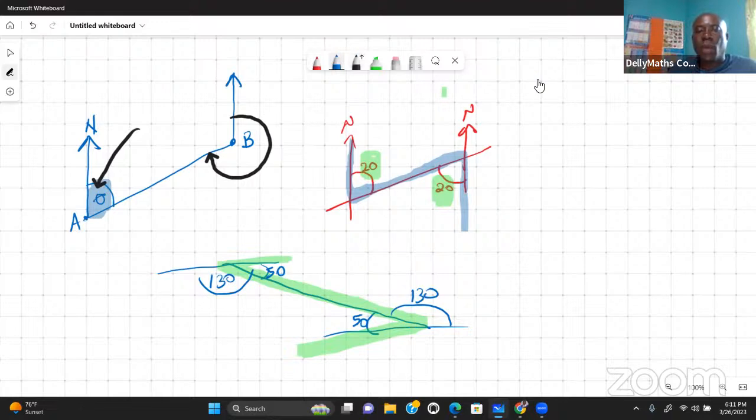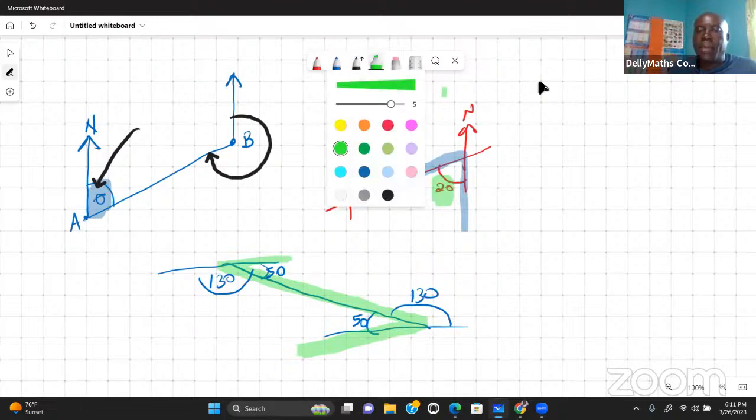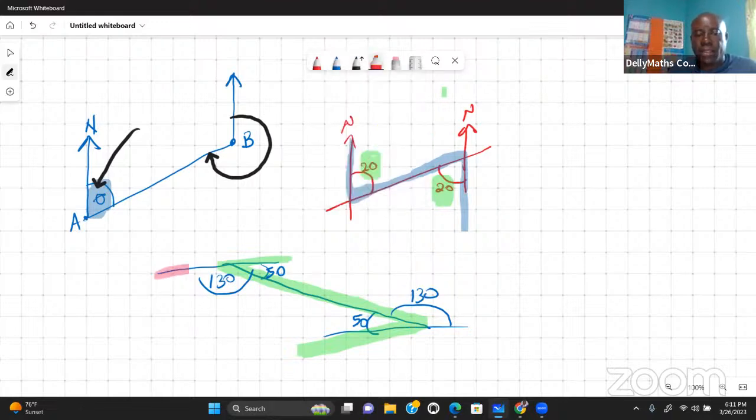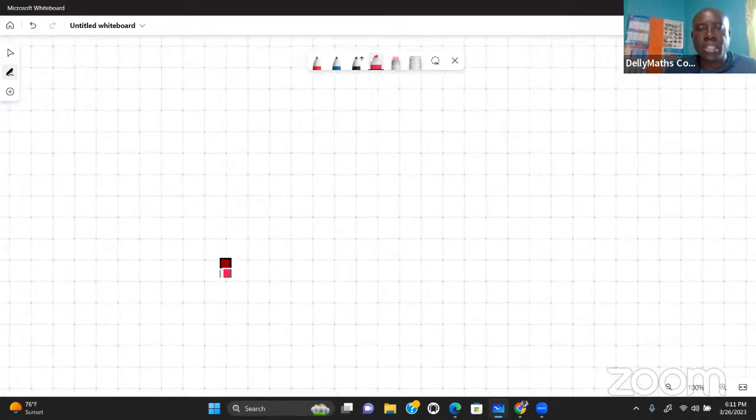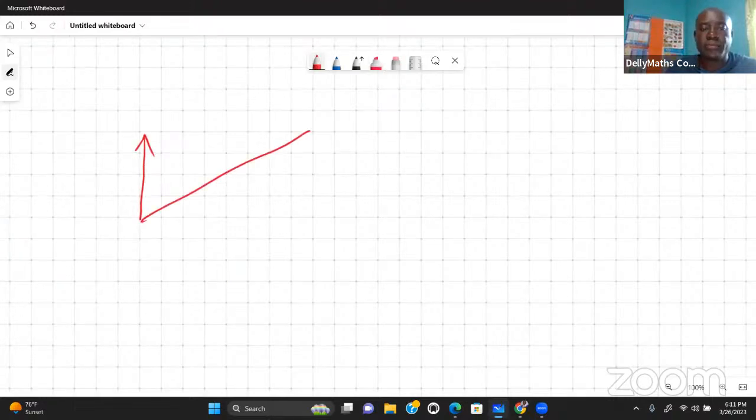If you want to look at what that Z looks like, it may not be a perfect Z, but take a look at this. We're talking about that idea, right? So we want to make sure that we're seeing those and using them to guide our thinking. Now, there is one called the co-interior angle, and sometimes it's going to be your only way out to start. If I know an angle here,